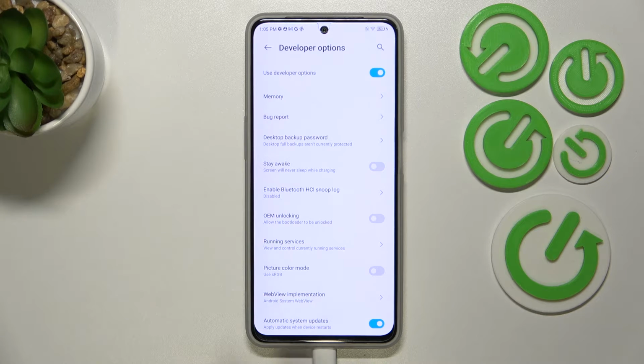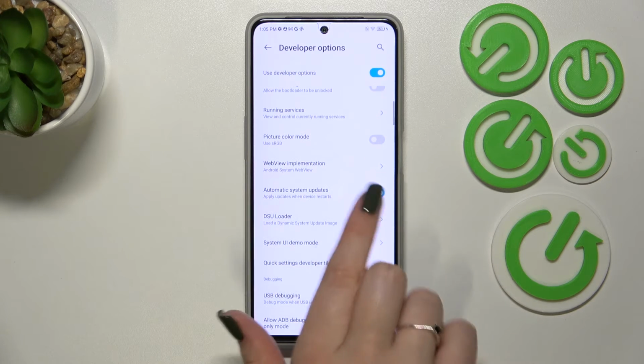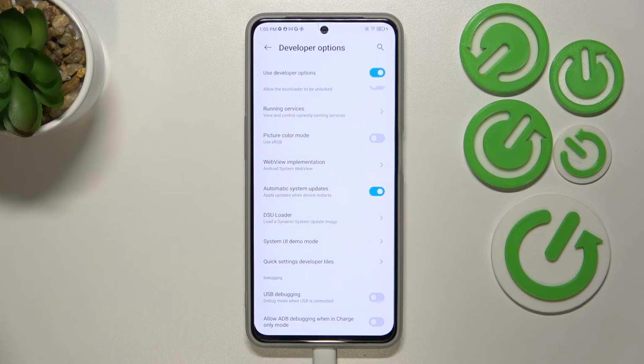So after entering the developer options, all we have to do is to simply scroll down just a little bit to find the automatic system updates. As you can see, in my case this option is turned on, but if you've got it turned off, just like here, let's tap on the switcher, and from now on your device will be allowed to apply the updates